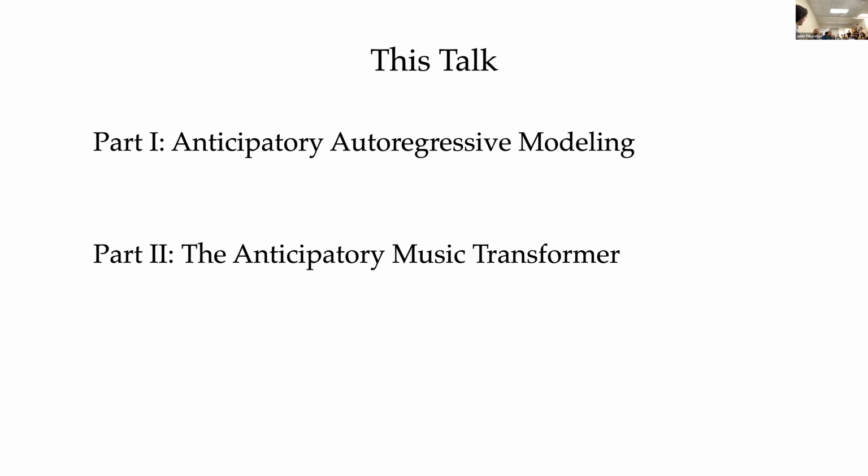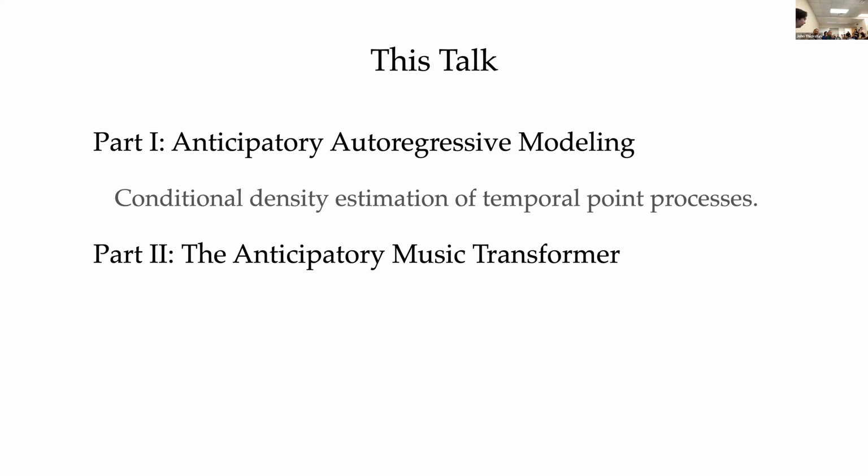So with that in mind, today I'll be talking about music. And in particular, there will be two parts of this talk. The first part, where I'll be focusing on some unique challenges that arise in this music modeling domain, in particular, how we can apply control to temporal point processes of the music as an example. And by control, you should really think about this as conditional probability distribution estimation. I want to be able to estimate a conditional distribution over music given some control inputs that I'm going to use to guide that generation.